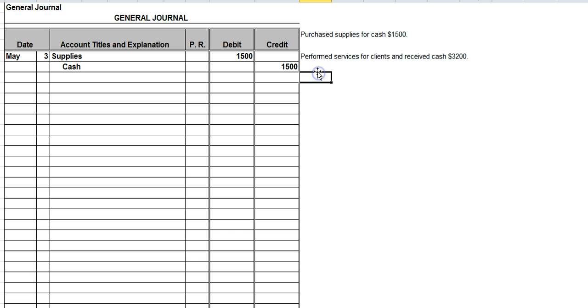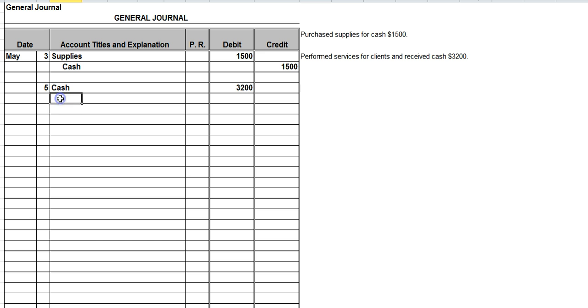If we performed services and received cash, that means that we are getting paid. If we received cash, the balance of our cash account goes up, right? If we want to increase cash, cash is an asset. How do you increase an asset? Debit. Very good. So I'm going to debit cash,